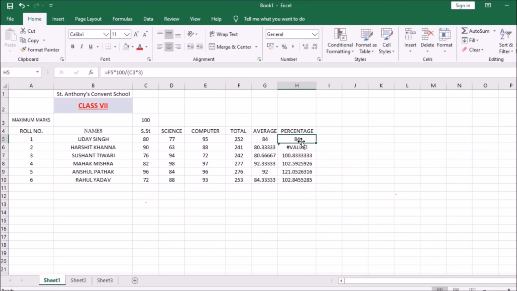When you click on the next value, it is C4. So C4 is a name, SST. SST cannot be used for any arithmetic or mathematical work, so that is why it is producing an error. This hash sign value is the error sign.